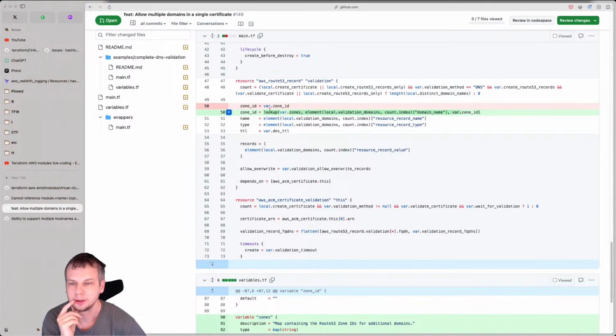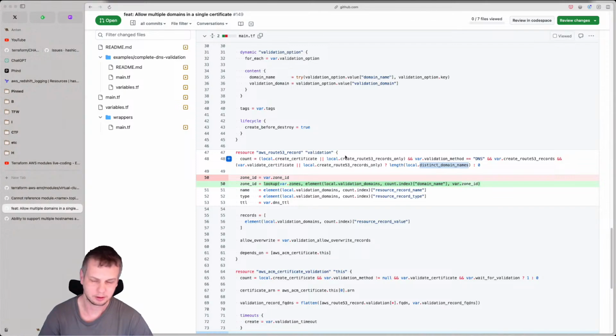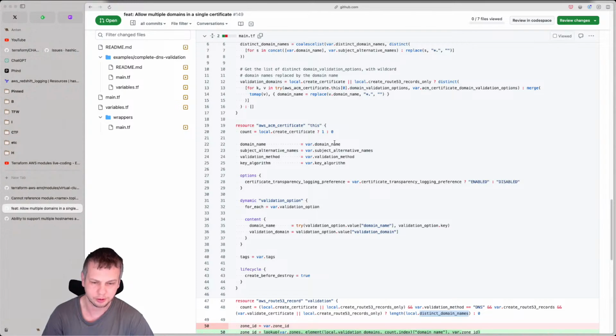So, in order to find out the records for the validation, we look into zones, and no, it's here, we're iterating through local distinct domain names. So it's distinct, and that's the whole point, subdomains versus domains. That's really a tricky part in this module.